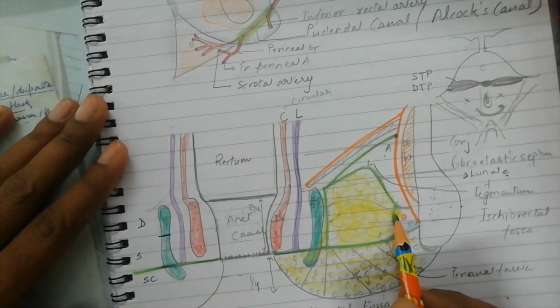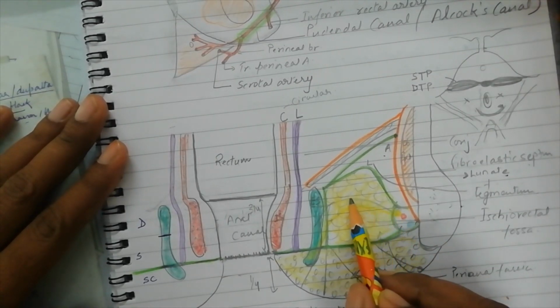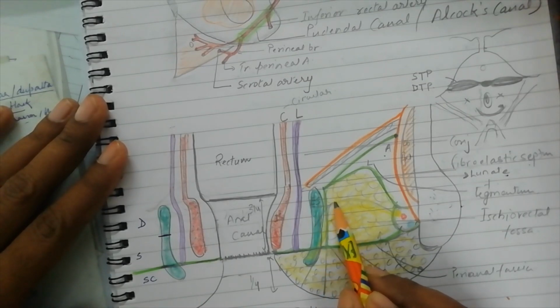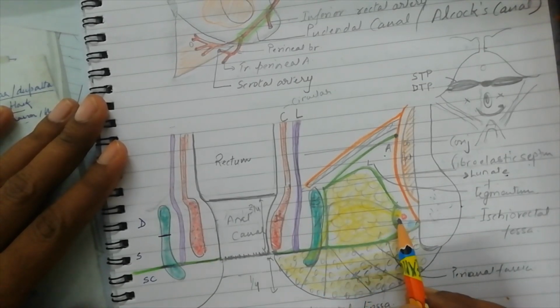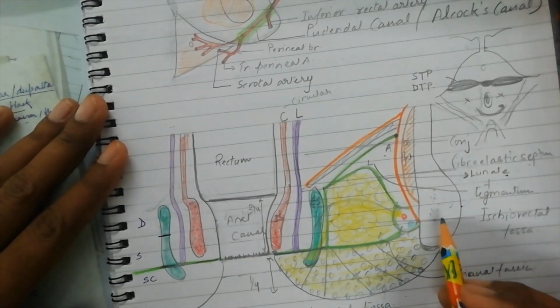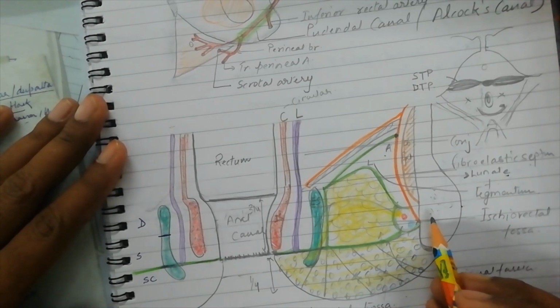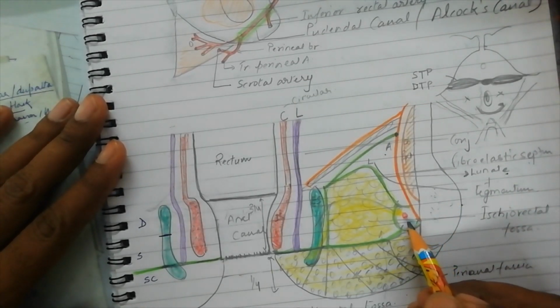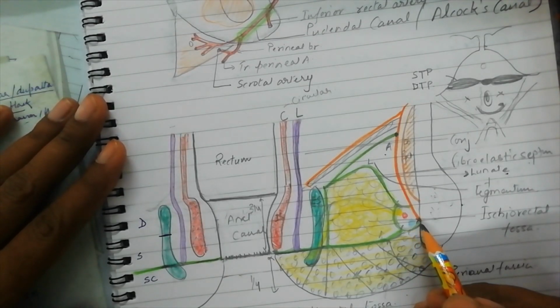One of the branches of this pudendal nerve, that is inferior rectal nerve, crosses this ischiorectal fossa from lateral to medial side, and it pierces the external sphincter and supplies it. So when asked about the contents of this pudendal canal, you have to tell about the internal pudendal vessels, pudendal nerve,